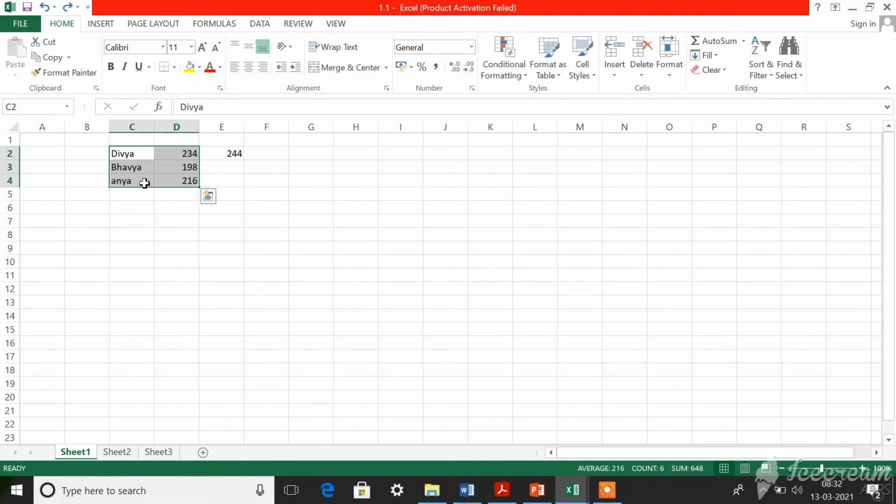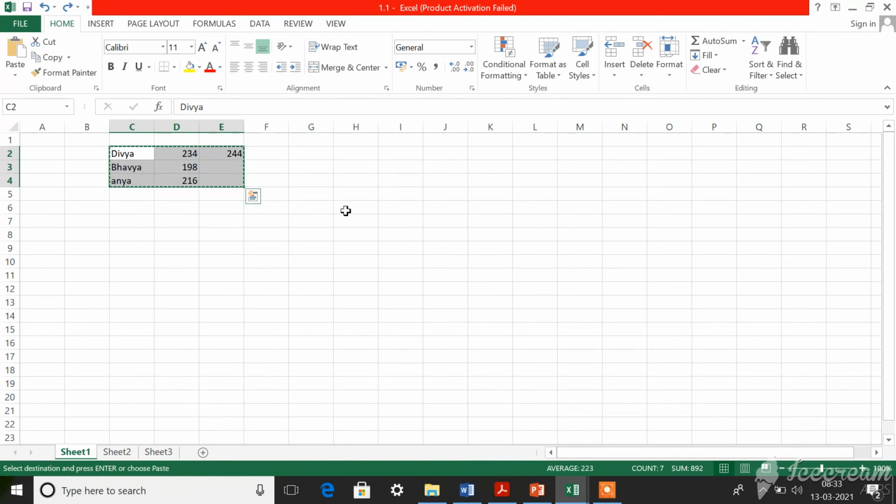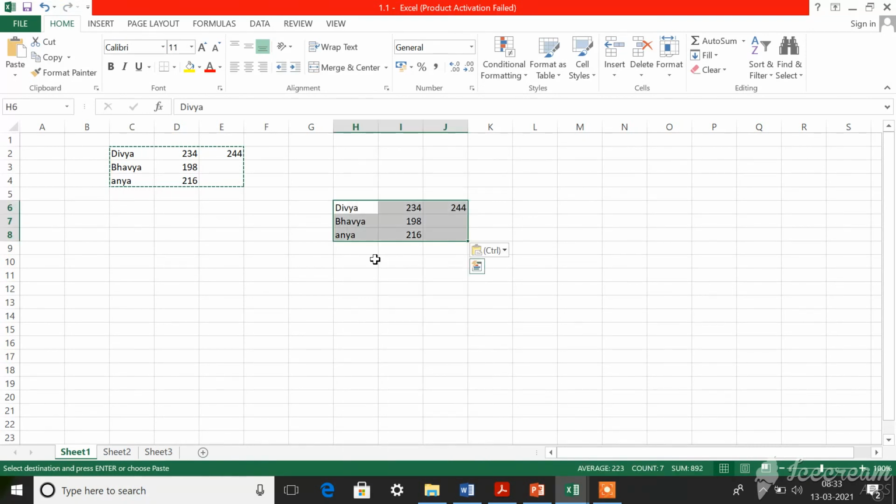Now let's see how to copy and move your text. For that, similar to the previous thing, you need to bring the mouse cursor, then select the content. Then you need to right click here, and there is an option called copy. Click on that, and where you want to paste it, bring the mouse cursor there, then right click and click the paste option. Can you see the same content is copied here? It is very easy, right?